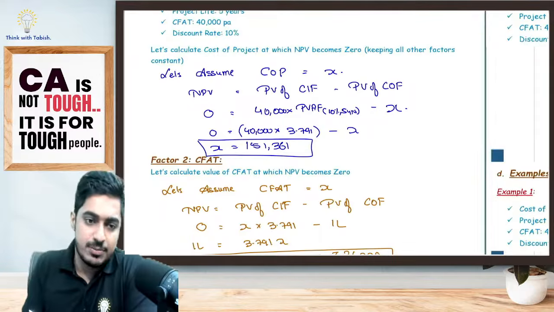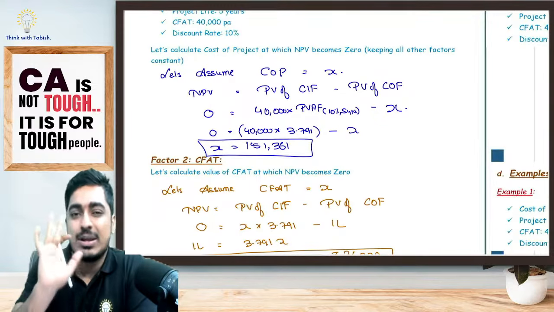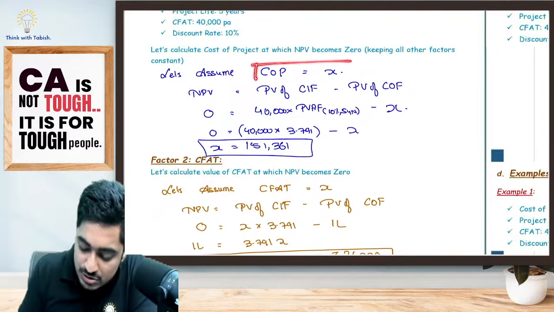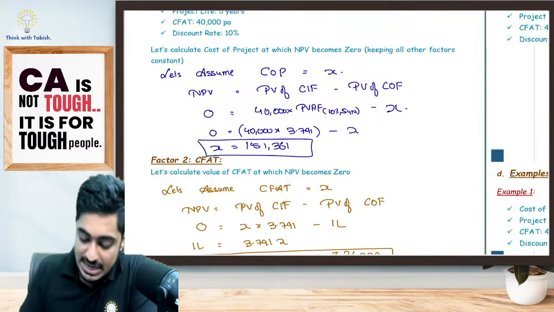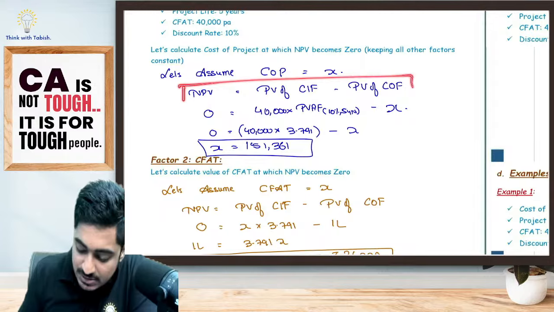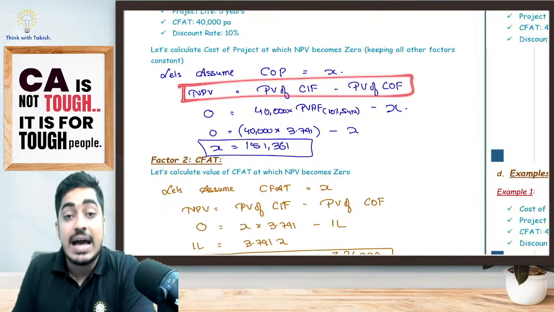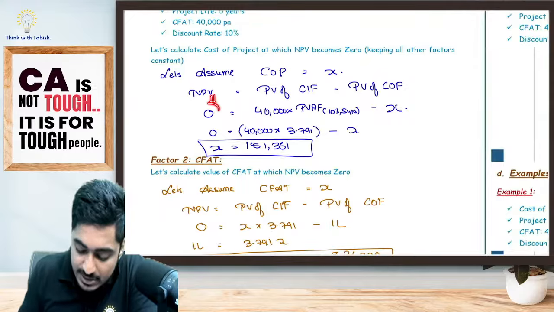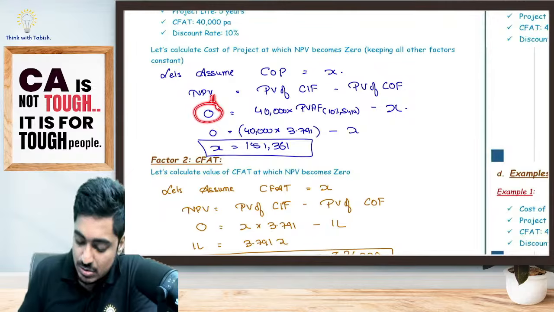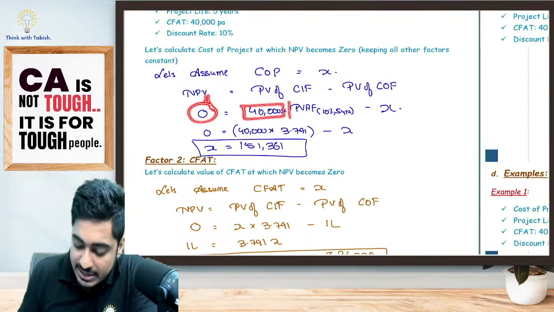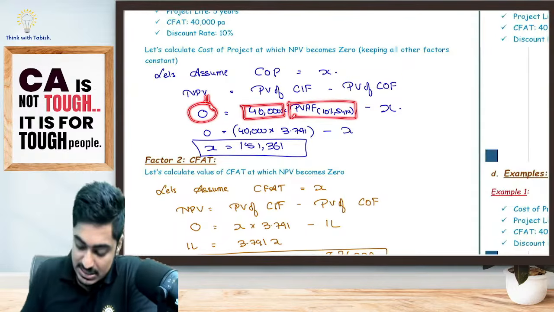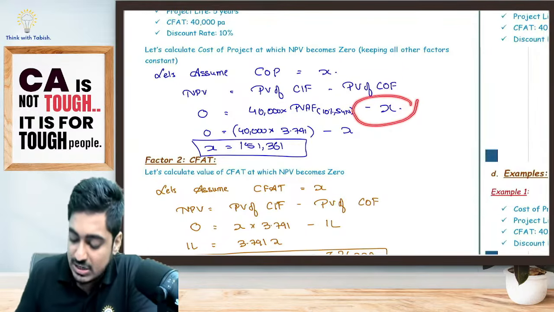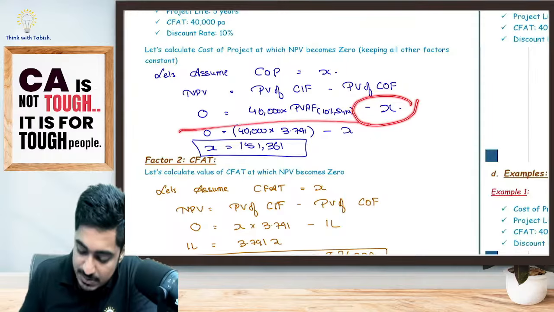I don't know the cost of the project. Whatever I don't know, we will be assuming it as X. So I am assuming cost of project is X. NPV is nothing but present value of cash inflow minus present value of cash outflow. I want to calculate that point where my NPV is 0, so I'll put NPV is 0. 40,000 every year I'll be getting for 10%, 5 years. But cost of project I don't know, I will put it as X. Once you simplify, you get your cost of project as